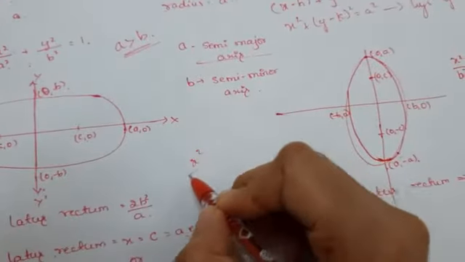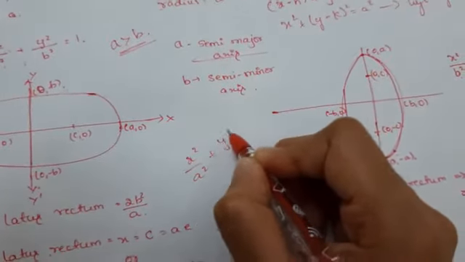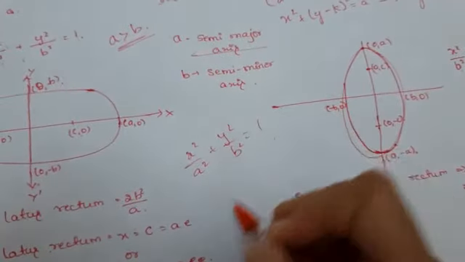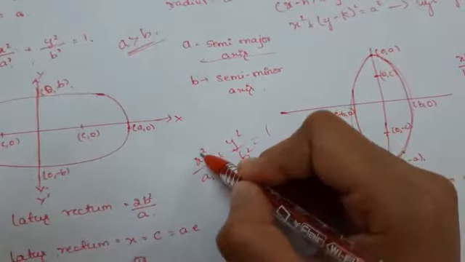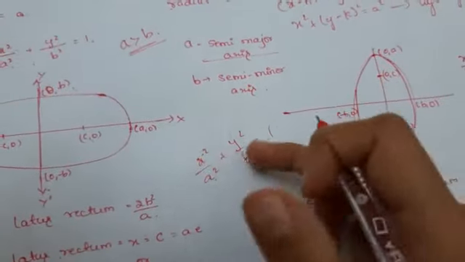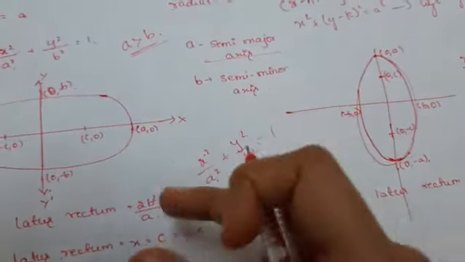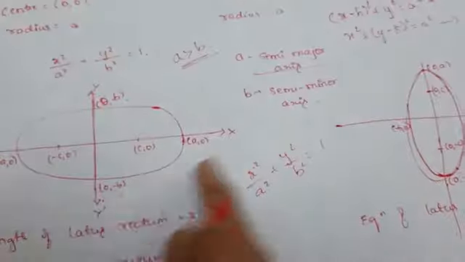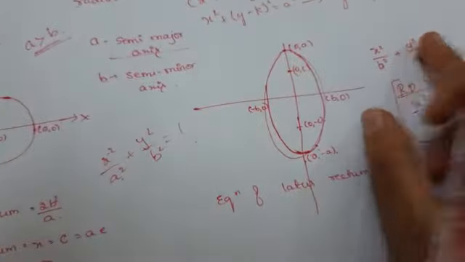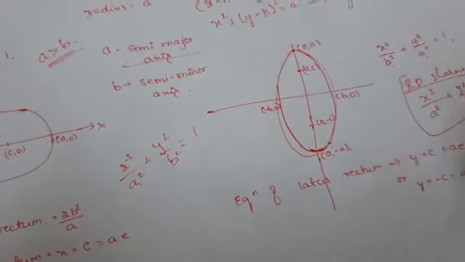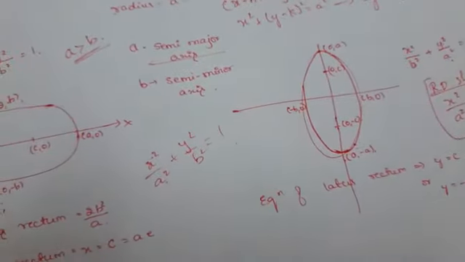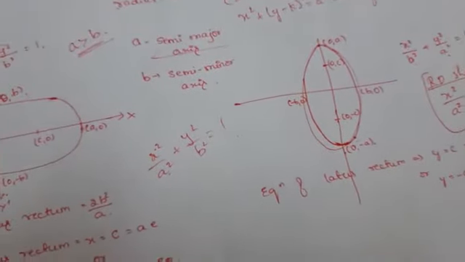Suppose there is a form x square by a square plus y square by b square is equal to 1. Which type of ellipse do we need to draw? Here a square is lying below the x, so x is the major axis, the semi major axis. When x is the semi major axis, then the ellipse is of this form. Suppose it is of this type of equation, here a is lying below the y, so y is the semi major axis, then the ellipse is of this form. So this is how we can recognize it by looking at the formula.